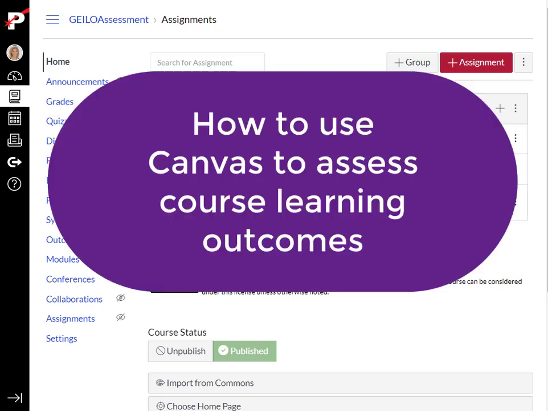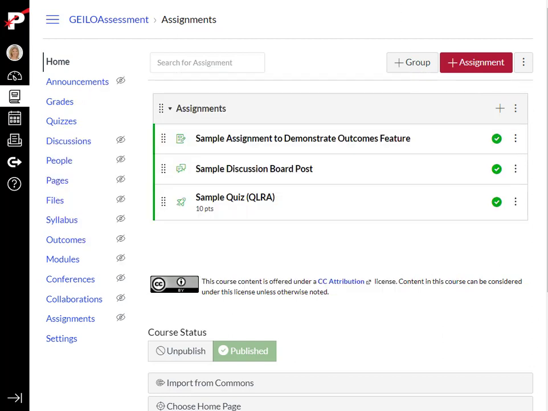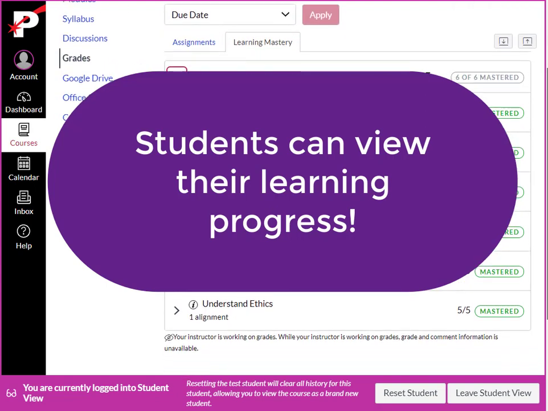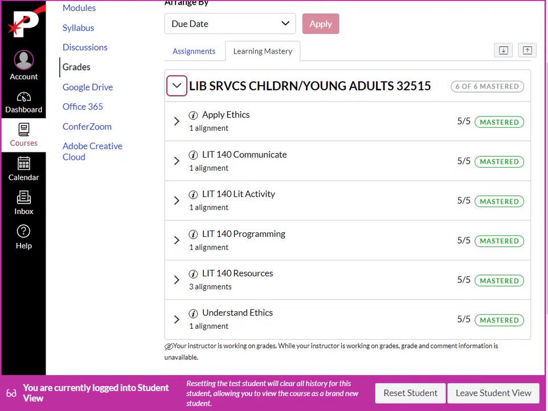Hi, this video will demonstrate how to use Canvas to assess course learning outcomes. An advantage of using the Outcomes feature in Canvas, which is listed over on the left-hand navigation, is that students are able to see how they are doing in the course and how they are progressing in terms of meeting